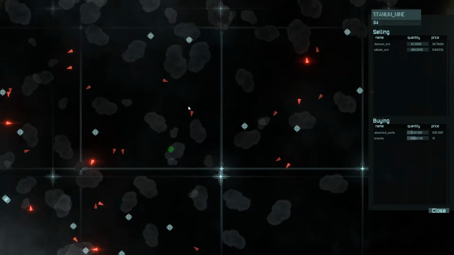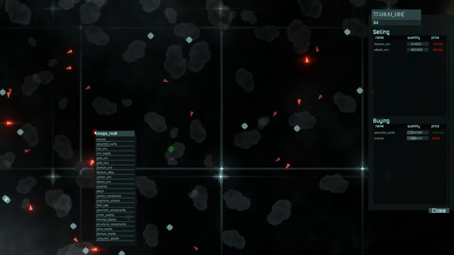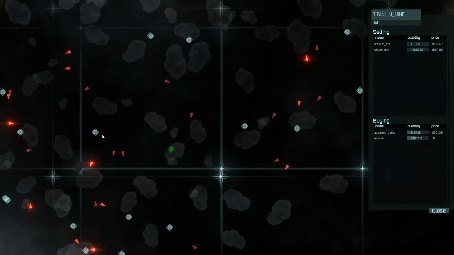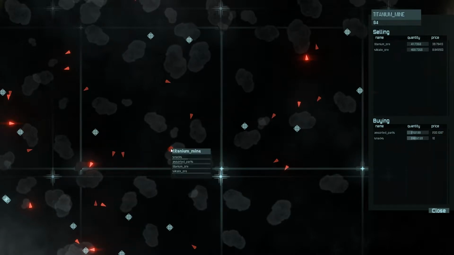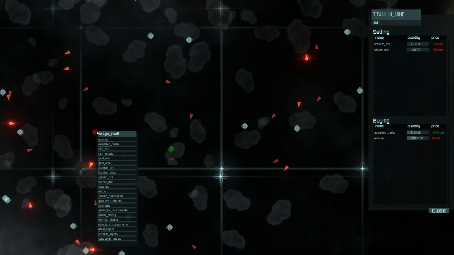say I'm going to go from a titanium mine to a mega mall, it looks like I would be selling at a loss if I bought titanium ore or silicate ore from the mine. However, while hovering over here, you can see that assorted parts, which are bought at the titanium mine, can be purchased at the mega mall, and they're cheaper at the mega mall than what the titanium mine is willing to sell. So it says over there